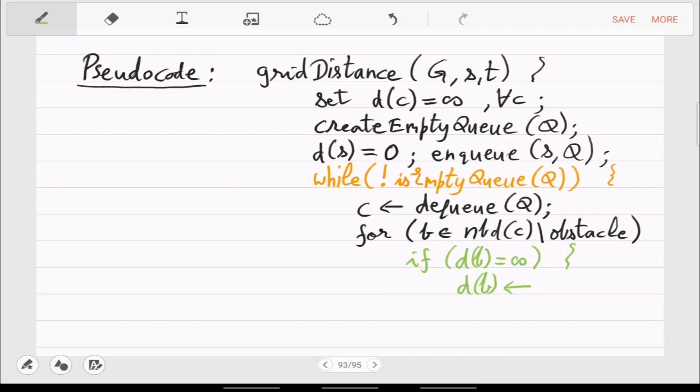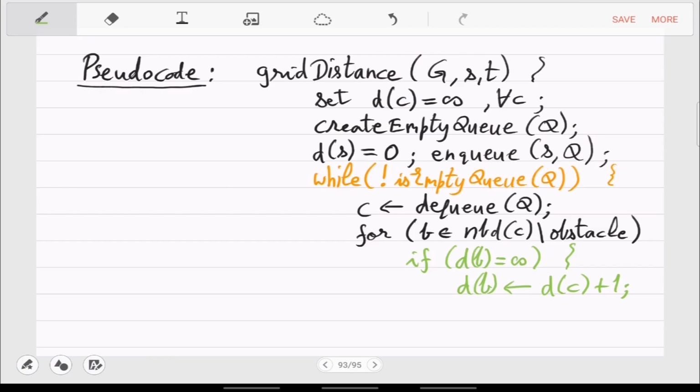So when you have dequeued C and B is a neighbor non-obstacle, what do you know about the distance of B? Right, so that is the update. Whenever you enqueue something, you know the distance already. So when you dequeue, you know the distance.